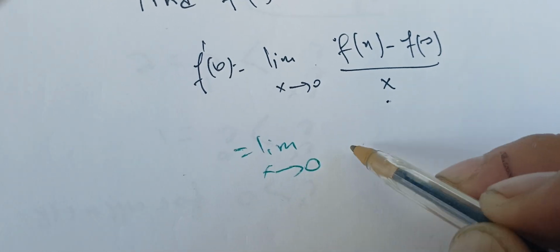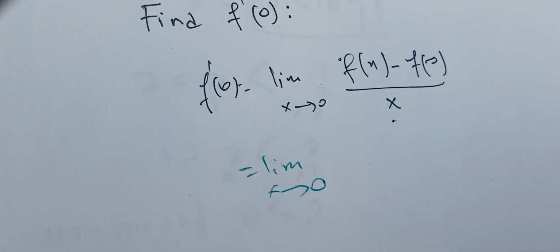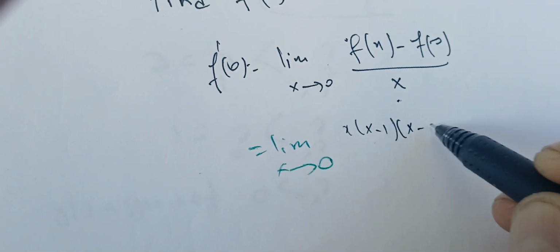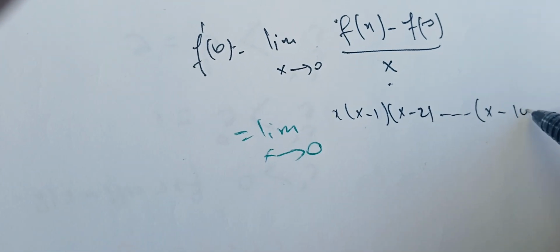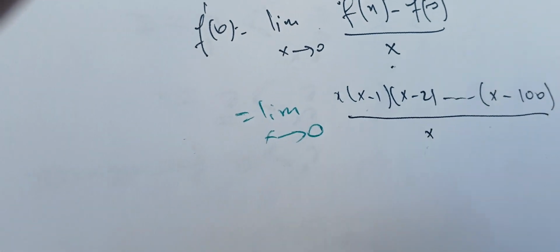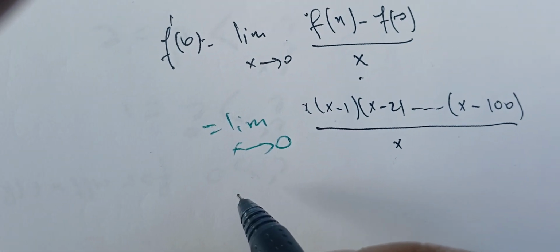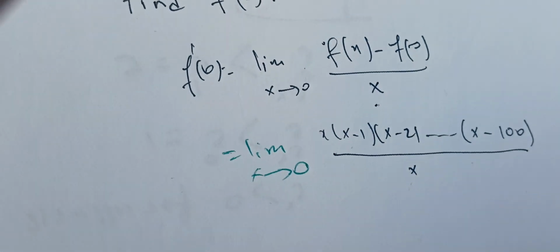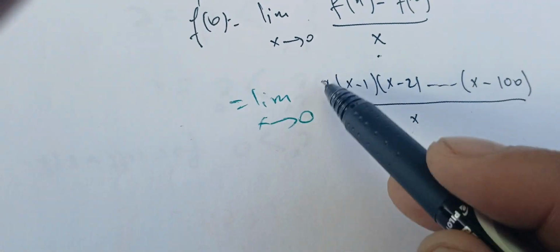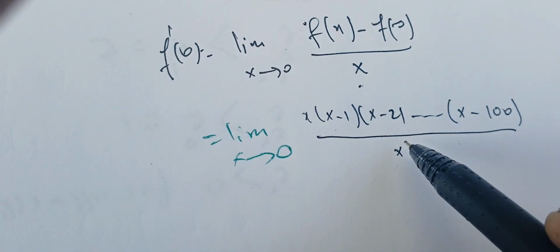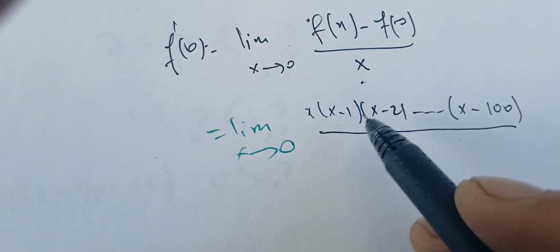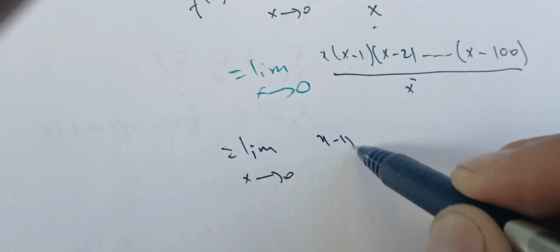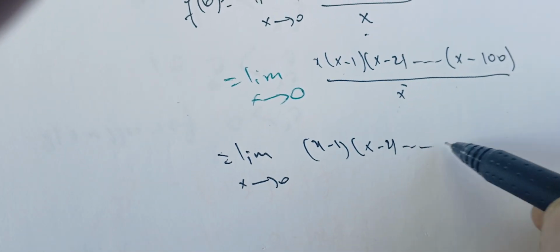The limit as x goes to 0. I can plug my expression for f of x as x times (x minus 1) times (x minus 2), etc., until (x minus 100), over x. And f of 0, I get rid of it because it's 0. Since x goes to 0 but doesn't reach 0, I can simplify by x to get the limit as x goes to 0 of